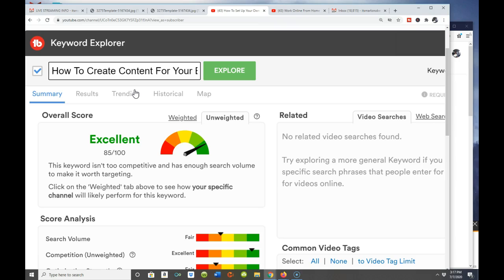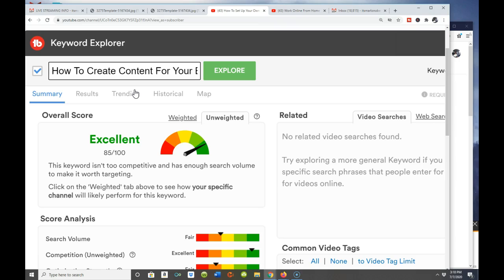Right now, you know what your particular niche is. So once you've connected with the Keyword Explorer inside of TubeBuddy, you can simply start doing keyword research based around your particular niche for your particular audience.